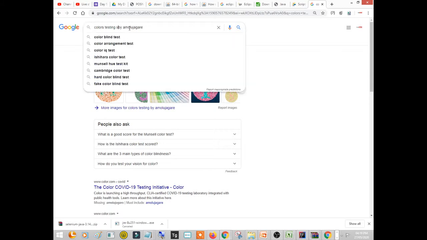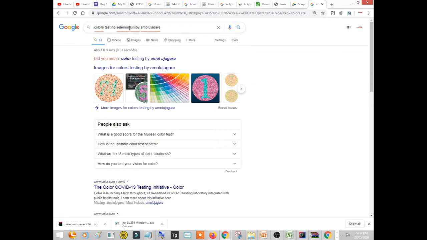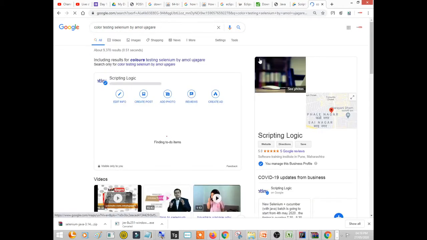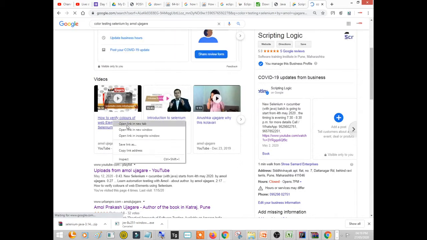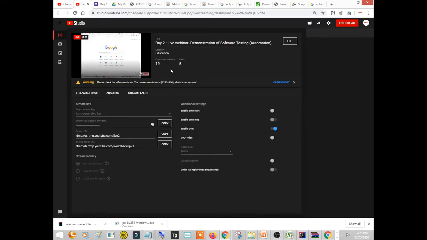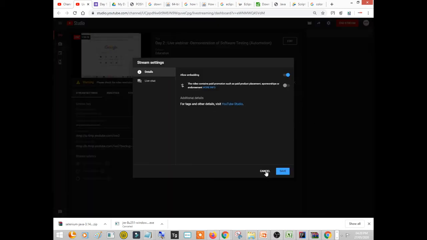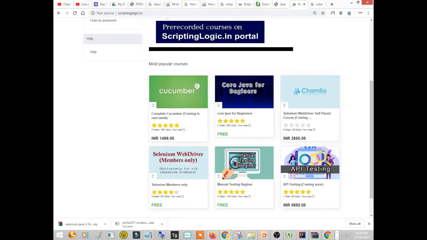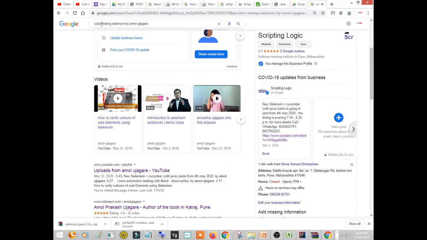Ah, yes, here it is: how to verify the colors in the web element. Let me copy it and put it into the live stream chat. I don't see the chat here. Okay, you can simply search color testing Selenium by Amol Zagre, you will get this link.